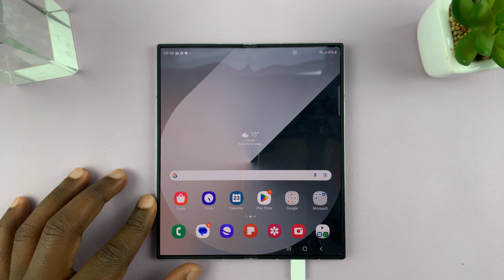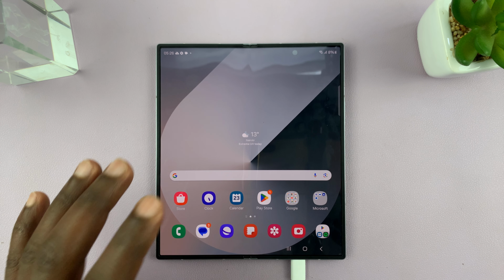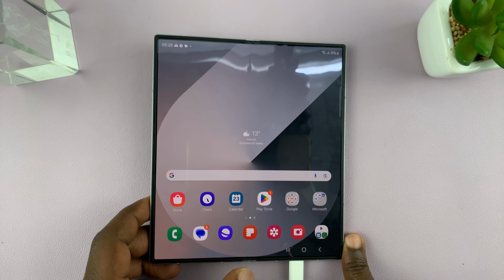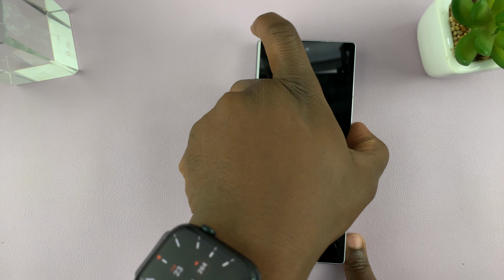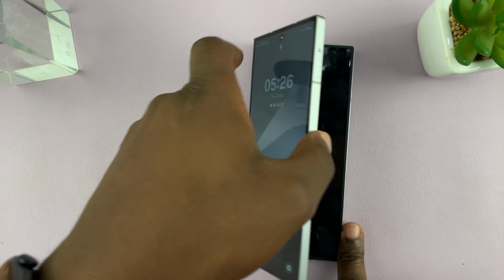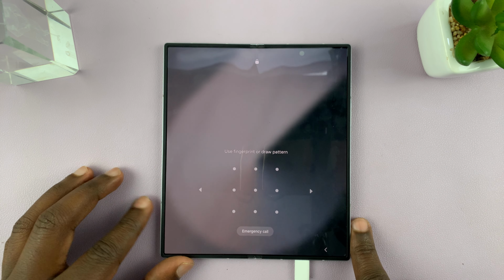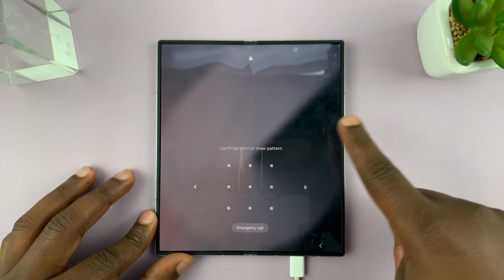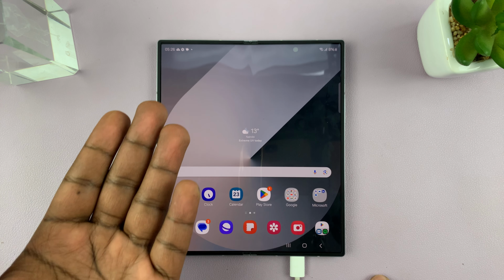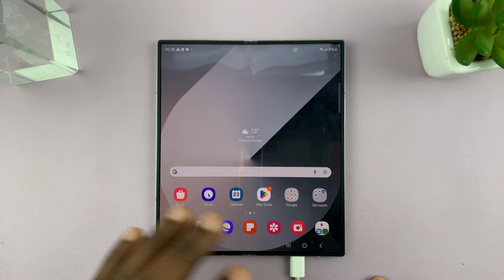I have the Samsung Galaxy Z Fold 6, and obviously this phone has two displays. We have this main display and the cover screen on the other side. Now I'll be showing you how to continue apps on the cover screen. So you can start using an app, and when you fold your phone, then you can continue using that app